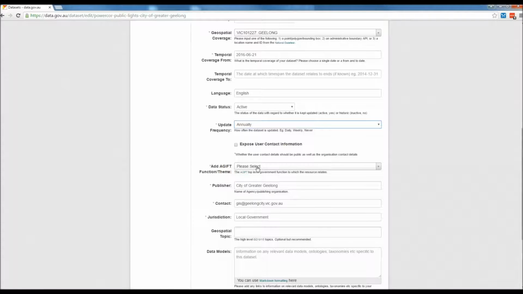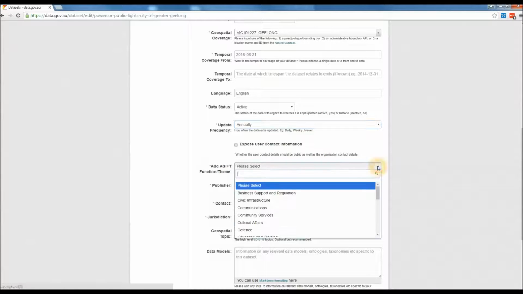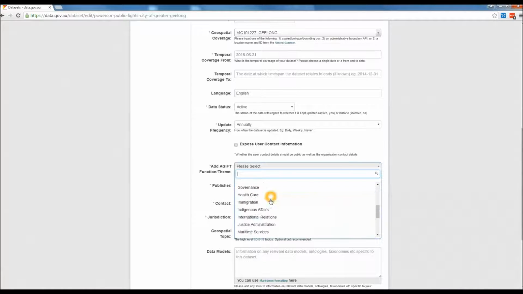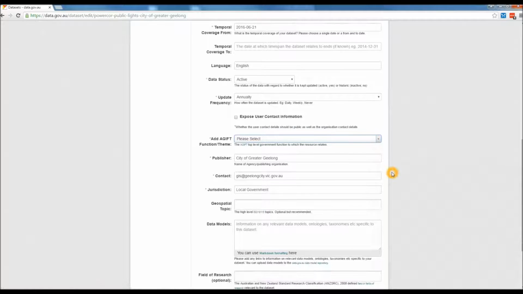This function theme tool here, I actually leave this blank. You can drop down. It's actually got some really good fields you can attach this to, but I personally haven't found a use for it. But yeah, you can obviously let me know if there is. I just haven't found one, so right now I've just been skipping that step. And then obviously you got your publisher, so you can set this to a set individual if you wanted, or a department inside your organisation. For us, we just leave it as City of Greater Geelong, but for the contact, we actually put our GIS team